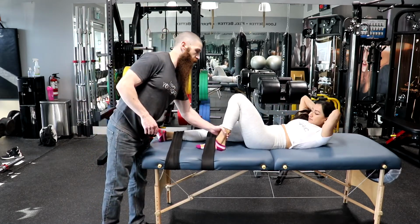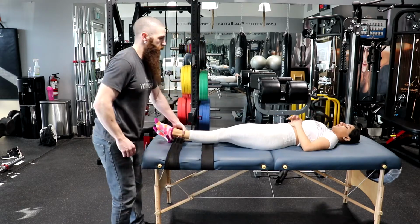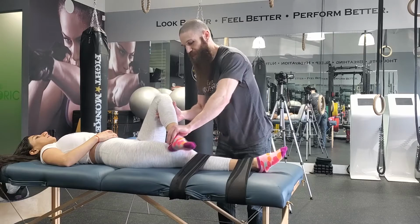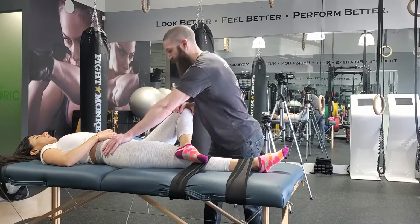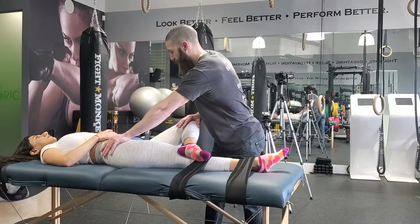We're going to do one more for the rotators of the hip. For this one over here, it is essentially the Patrick's test, Faber test, or figure 4 test. I covered this in another video. I'll put a link right up over here, but this is a general hip assessment. You could also use it as a test. So you're going to stabilize at the pelvis